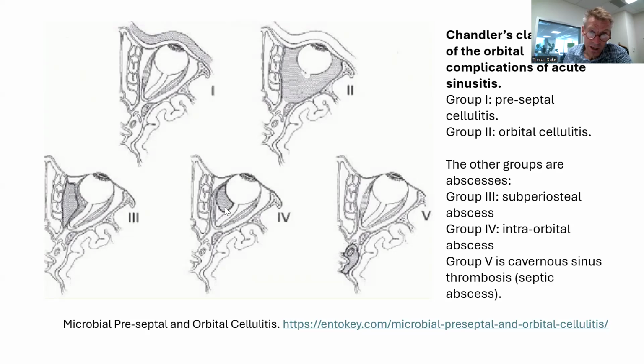There may be infection adjacent to the globe, or pus adjacent to the globe, and then a further extension is if it extends beyond the orbit into the